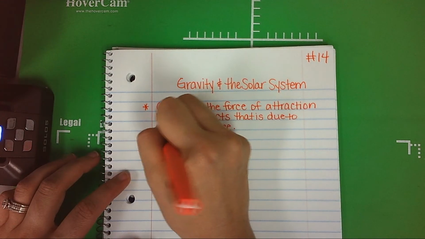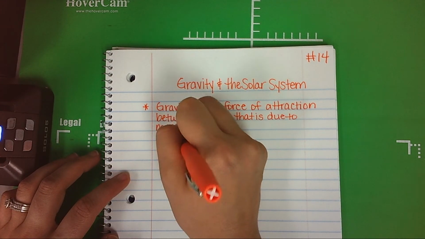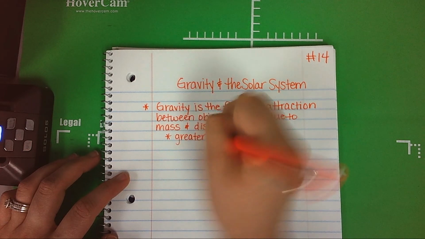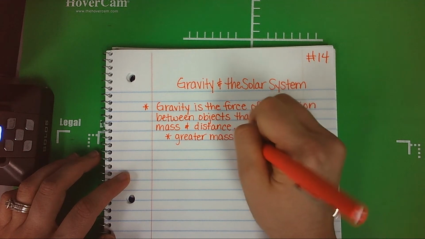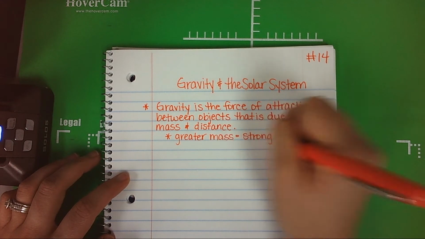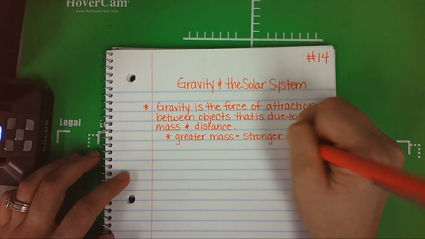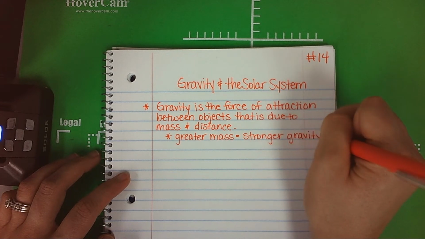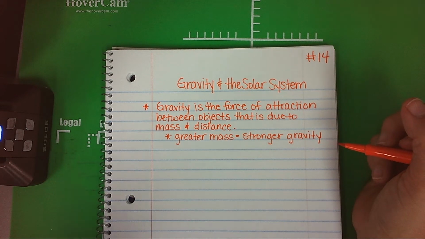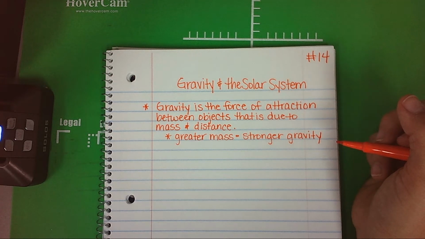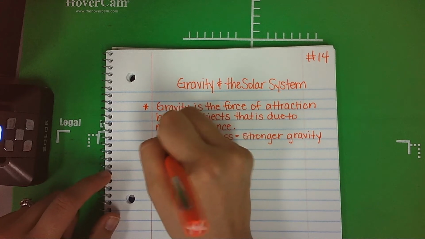So what does that mean? That means that the greater mass an object has, the greater gravity. Stronger, because it's a force, and a force is a push or a pull. So for instance, Jupiter and Saturn are going to have a stronger gravity compared to Earth because they have a greater mass. Remember that mass is the amount of matter in an object. So the opposite of that,